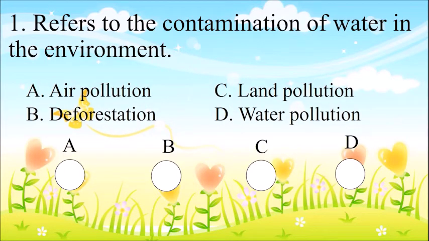Number 1 refers to the contamination of water in the environment. Your choices: A. Air pollution, B. Deforestation, C. Land pollution, or D. Water pollution. Make more time. And the correct answer is